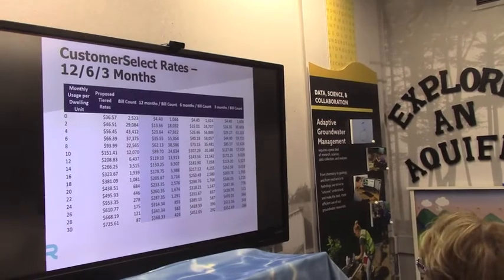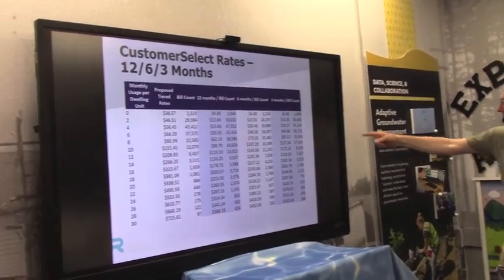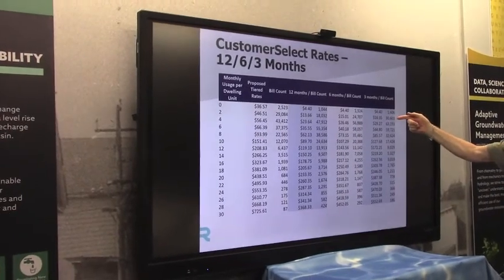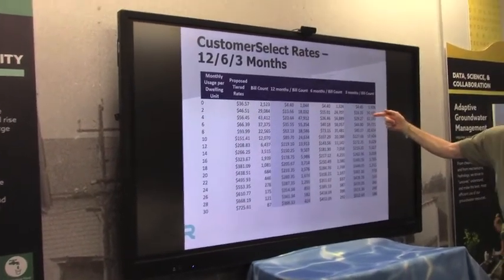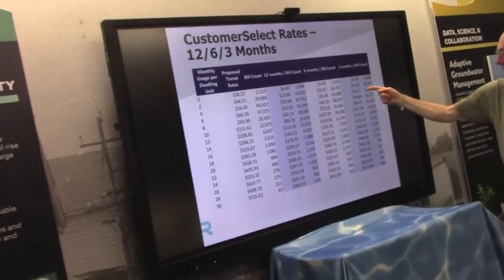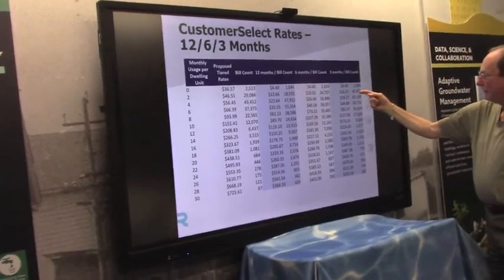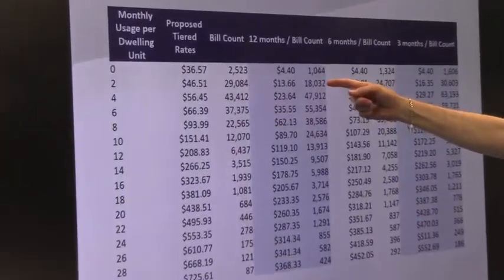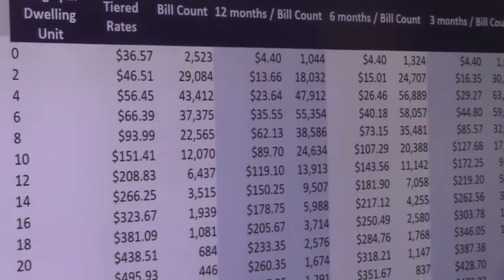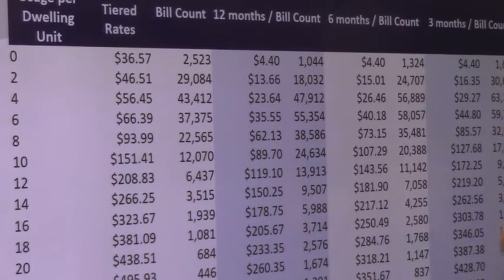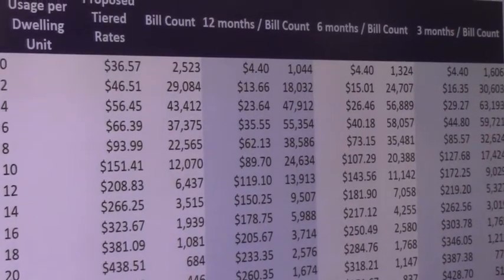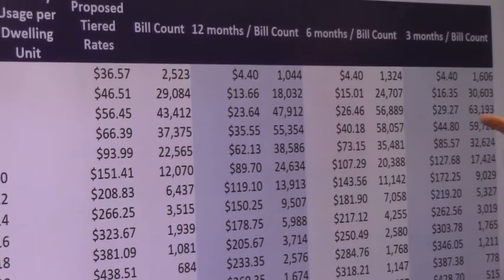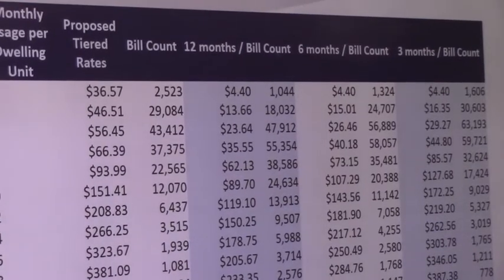We've kind of done that here with the counts. So for example, look at this one, the 3-month one, 30,000 of our customers would be in that category in any particular month. That's just a bill in a year. You go to the 12-month one, and only 18,000 are in that category, because a lot of those people have peaked and been bumped up to a higher plan. They've been bumped up and stuck there for a whole year. Okay, so you get some of that behavior just by looking at the numbers there.